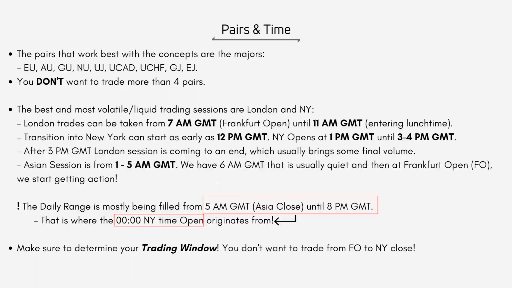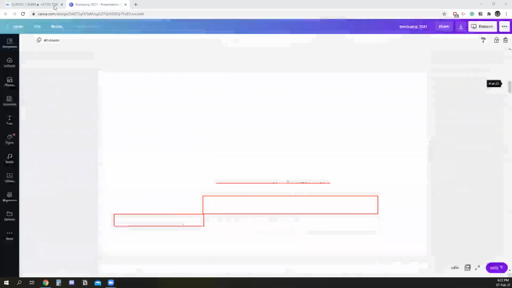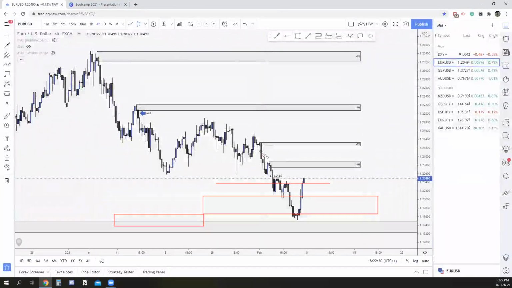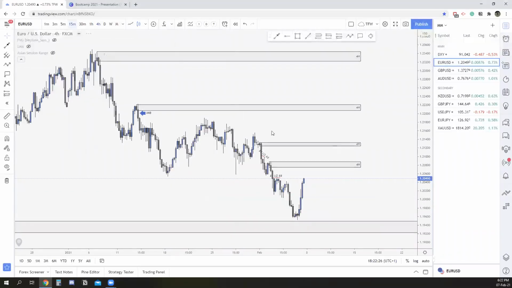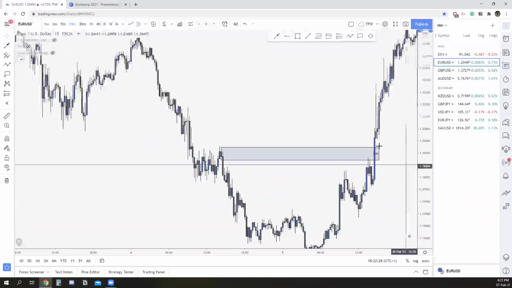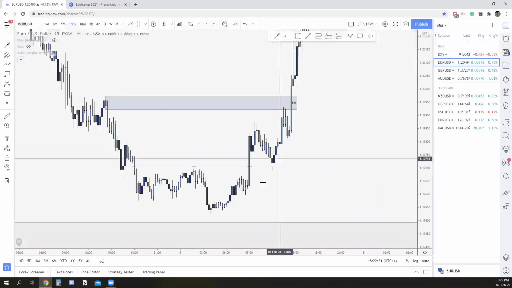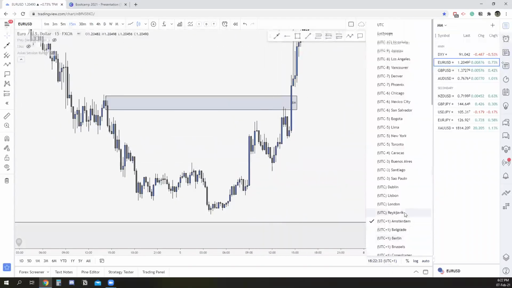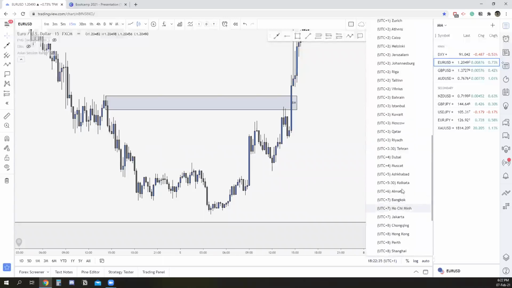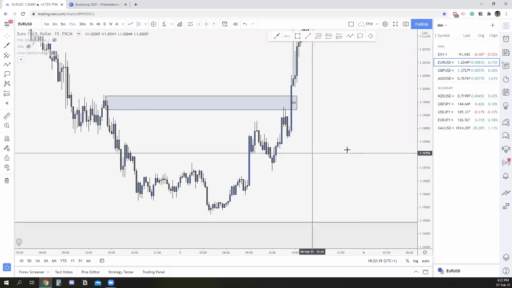So you're often going to see on our charts that we have, for example, the market open like this. If I just, let me try, let me see. I bet you're actually seeing my screen right now, the charts. So if I just remove this, all right? So what you want to do every single morning is you go to your charts, right? And you find that time. So if I want to go to New York right now, where are you, New York? Okay, I know what it is.